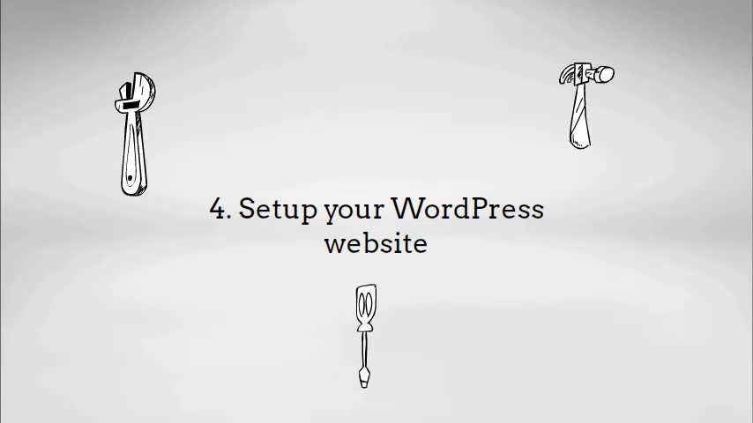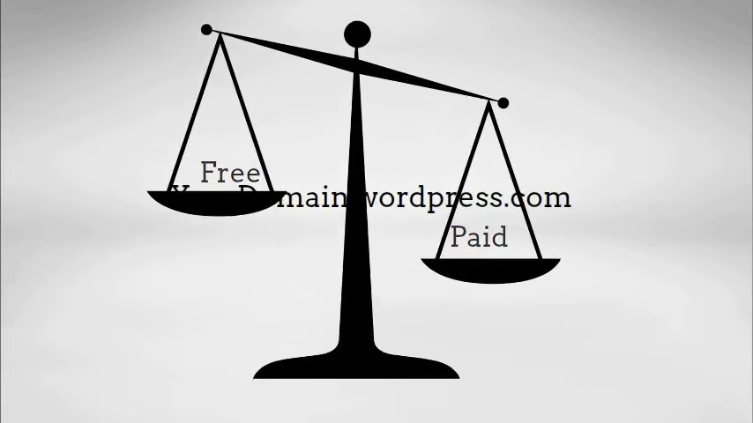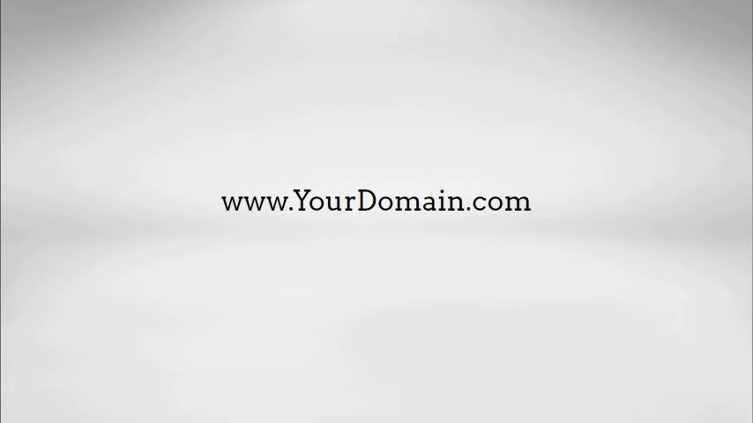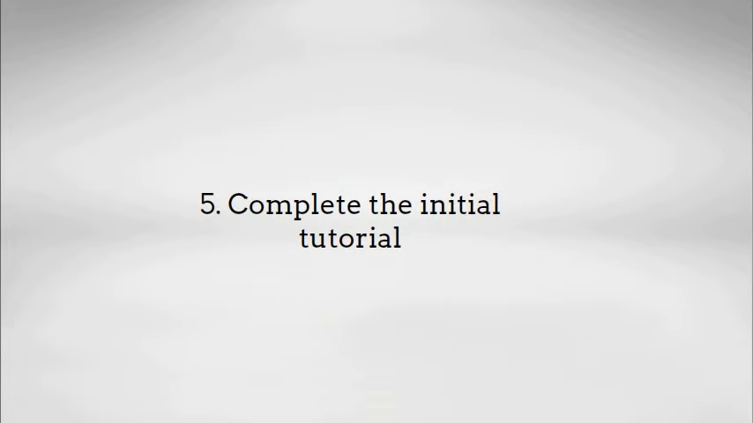The 4th step is the one where you will be given the option to continue with the free version or upgrade to a paid version. The benefits of each option are listed and suit different scenarios. The free version will give you a basic subdomain like yourdomain.wordpress.com, whereas any of the paid versions will give you a custom www.yourdomain.com domain name. Once these steps are complete, WordPress will lead you through a tutorial on how to control your